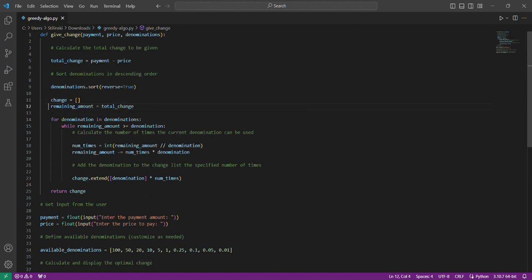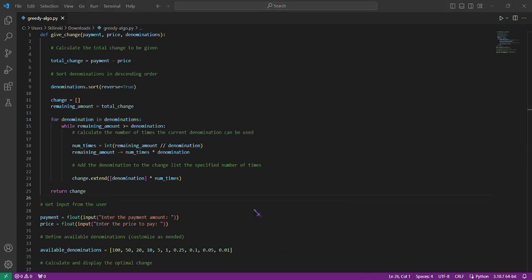We made a variable called remaining_amount and set it to total change. The purpose of this is to keep track of the remaining change to be given. And here is the for loop, and this line says for denomination in denominations.